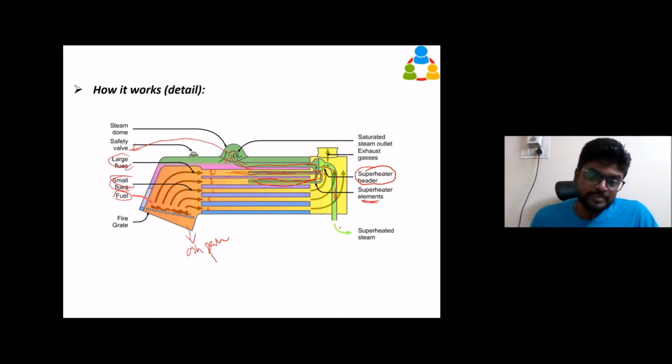And there is one more purpose. If you are using dry steam, we are taking the wet steam and sending it through these large fluids, and bringing it back. So the kinetic energy of the water molecules will be high. What I mean to say is the temperature of your steam will be further increased. So it's called superheated steam.